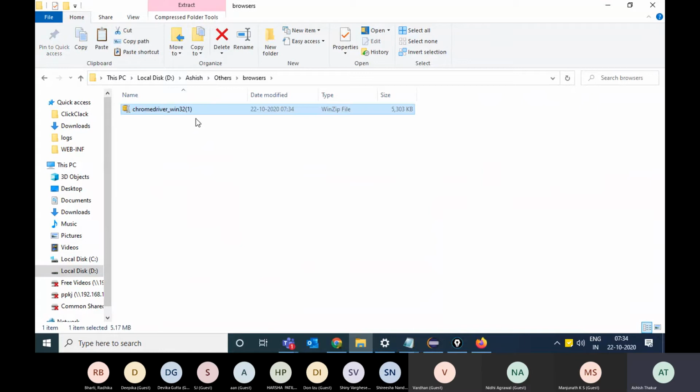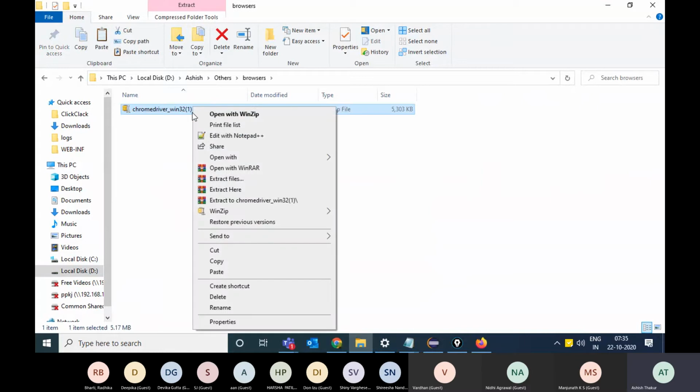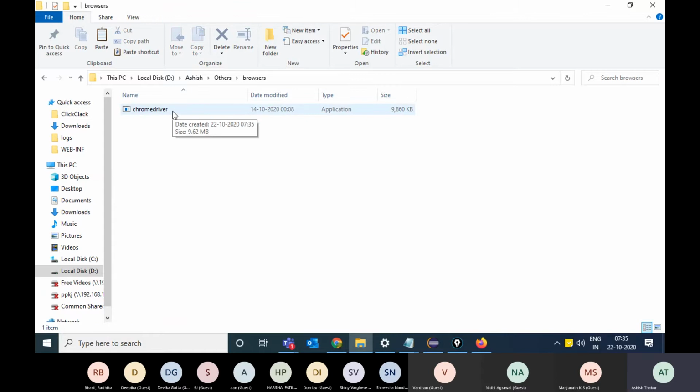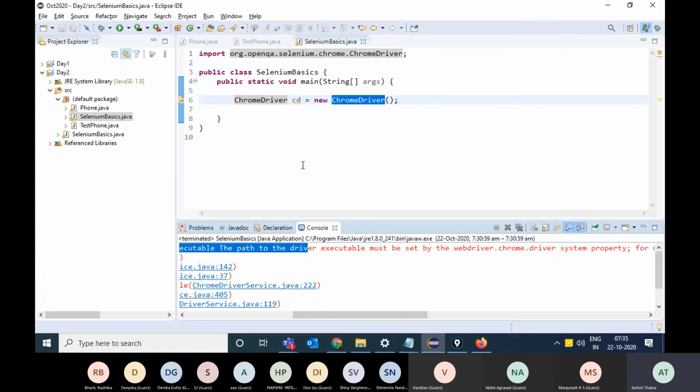In this I will keep the exe and extract this zip file. When you extract the zip file, you get an exe, chromedriver.exe. Don't run this, you will not get anything. You just need to give a command in Eclipse.